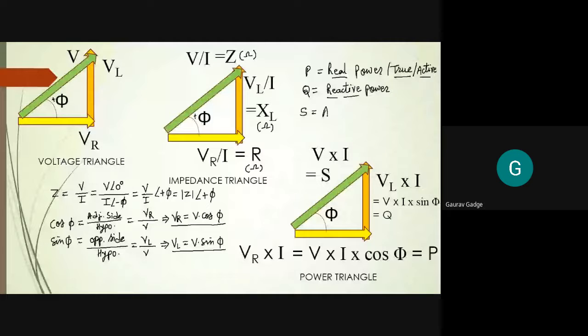So if someone asks you what are the types of power in single phase and three phase, you can immediately say there are three powers: active power, reactive power, and apparent power. Active, then what reacts to it is reactive, and starting with A, apparent. Apparent means what appears. What is the equation for active power? VI cos phi. Reactive power, VI sin phi. Apparent power, V into I. That's all.